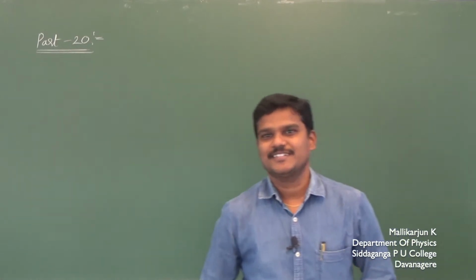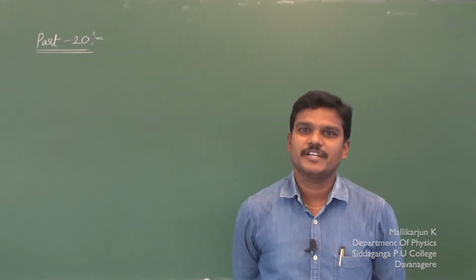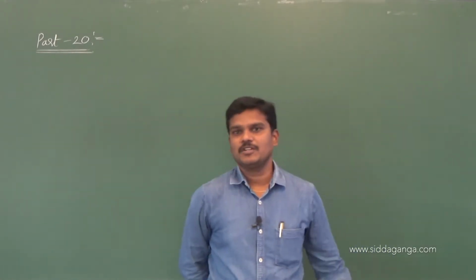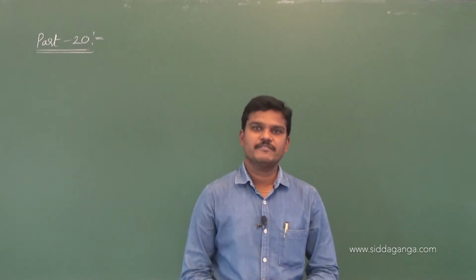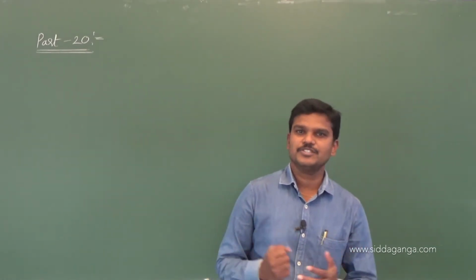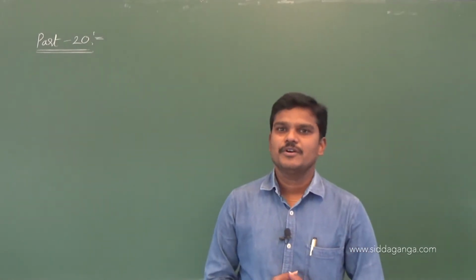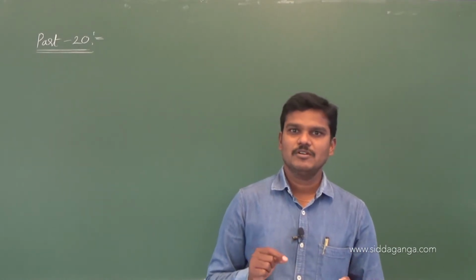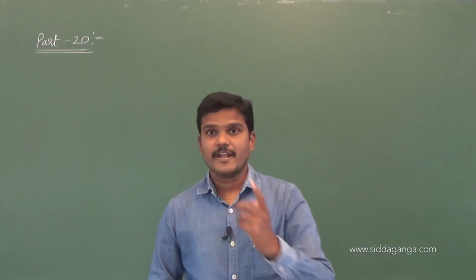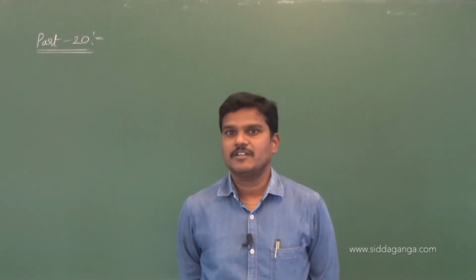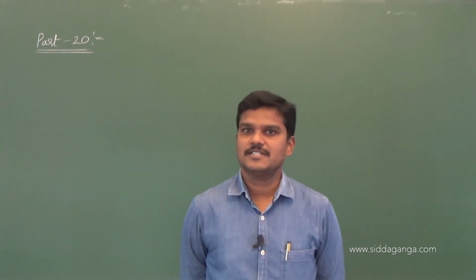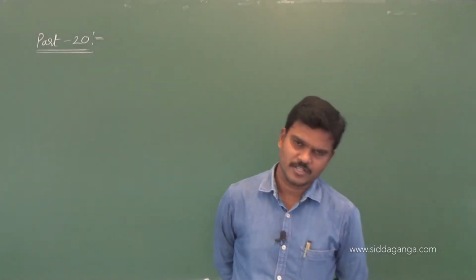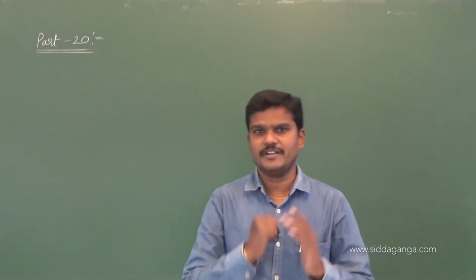Hello dear students. Let me continue part number 20 from systems of particles and rotational motion. Up to the last parts I derived plenty of derivations using some integration methods. So I hope you remember all the formulas of the moment of inertia. I think you know the moment of inertia of a rectangular rod passing through the center perpendicular to the length. I hope you remember the formula, that is I is equal to m L square by 12. If possible you remember the formula, otherwise the derivation, that is your interest.